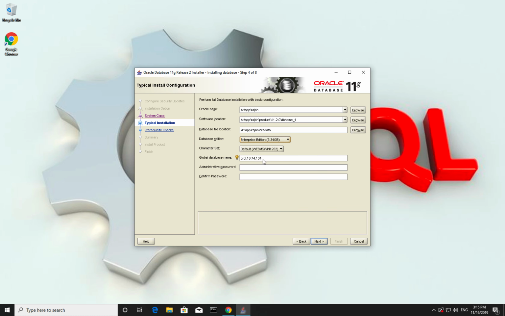That's fine. So we need to take care of this Oracle global database name. In my case, I will put it as ORCL, and as administrative password, I'm gonna type Raz. So in your case, you can select one for you. So remember this global database name and your administrative password, because we will require this in order to log into our database later. So hit next,